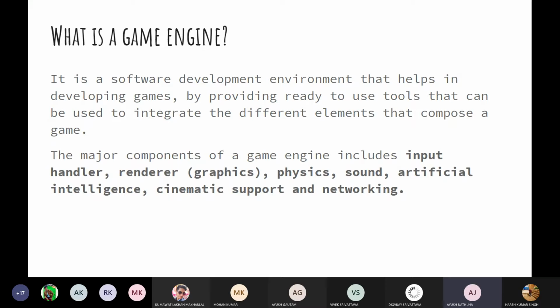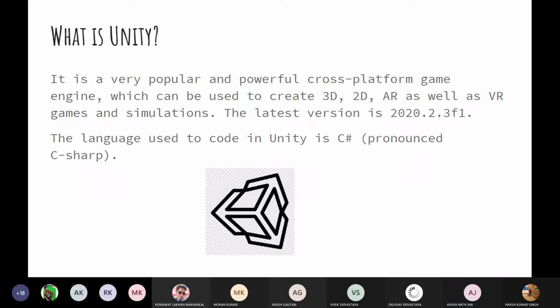In the previous session, you were also told about the different roles that team members possess in a game development team, like artists, programmers, and graphic designers. So for game development, we generally have a diverse team, and different members work on different aspects of the game.